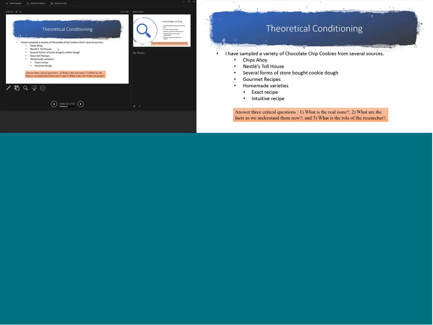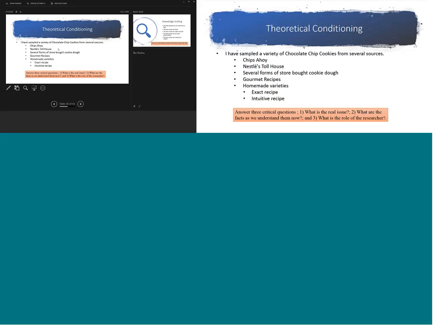The other thing that I think theoretical conditioning does is it really helps the novice researcher start to understand what their role in the study is. Theoretical conditioning means that I'm becoming aware of the processes or literature and other things that are surrounding my phenomena of interest. So a critical first step is to eat those cookies and make sure that you know what the